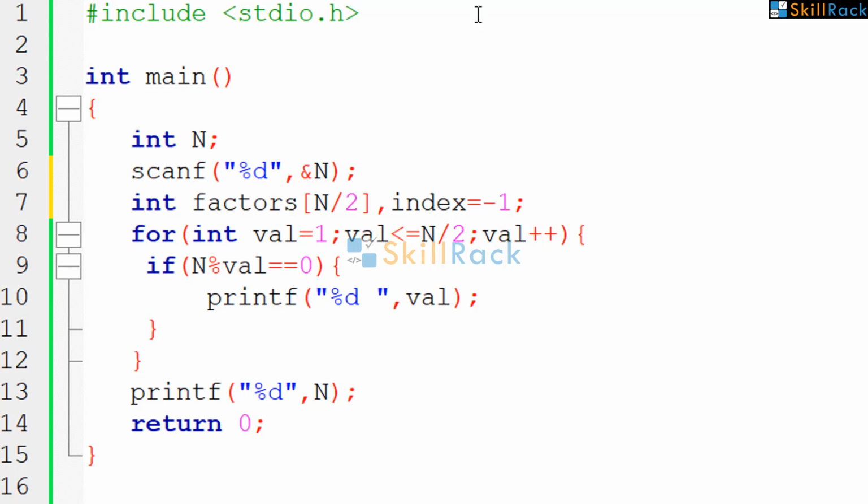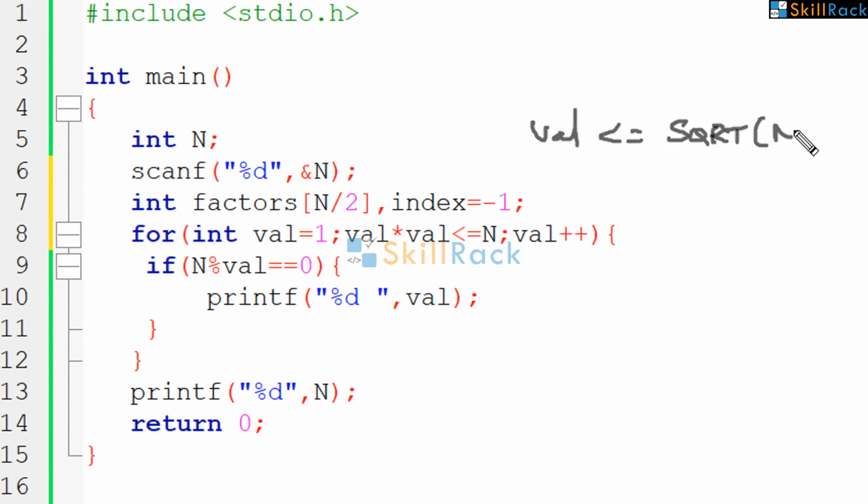Now, we are saying val star val less than or equal to n. So, just now we discussed we need to go only till square root. So, let's assume the val is less than or equal to square root of n.